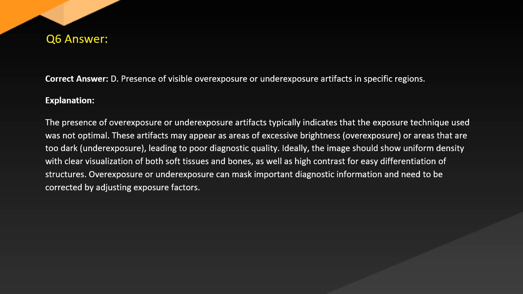Answer. Correct answer: D. Presence of visible overexposure or underexposure artifacts in specific regions. Explanation. The presence of overexposure or underexposure artifacts typically indicates that the exposure technique used was not optimal. These artifacts may appear as areas of excessive brightness, overexposure, or areas that are too dark, underexposure, leading to poor